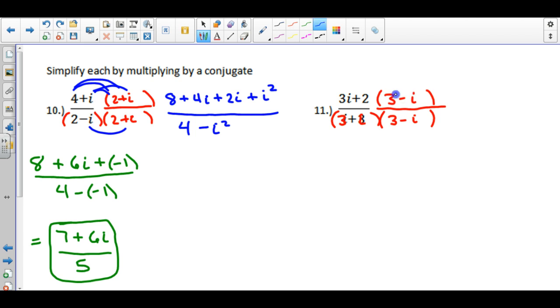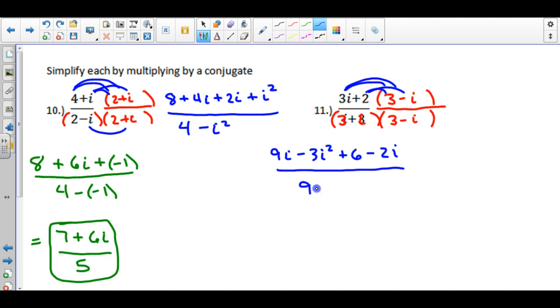I'm going to distribute. So on the numerator, I have 3i times 3, which is 9i. I have 3i times negative i, which is negative 3i squared. 2 times 3 is 6, and 2 times negative i is negative 2i. On the denominator, now that I rearranged these terms, I can do the first and last trick. So 3 times 3 is 9, and then I have a positive i times a negative i, which is negative